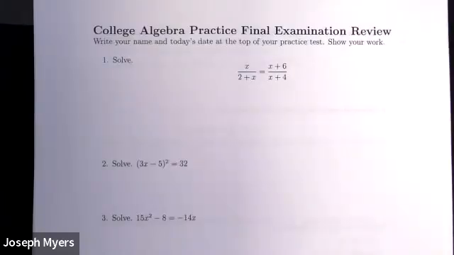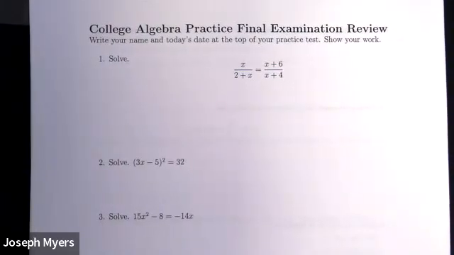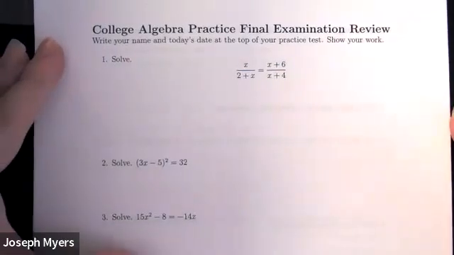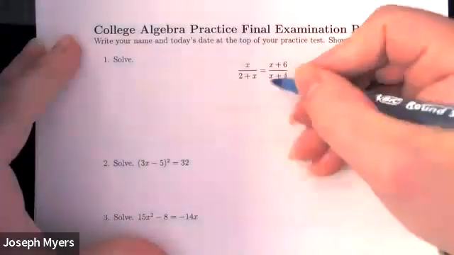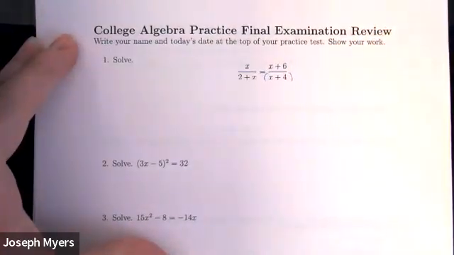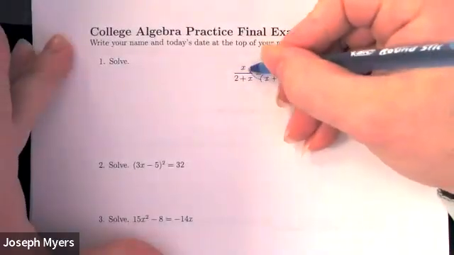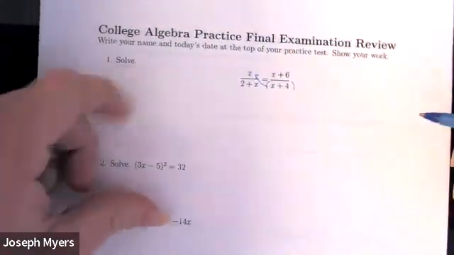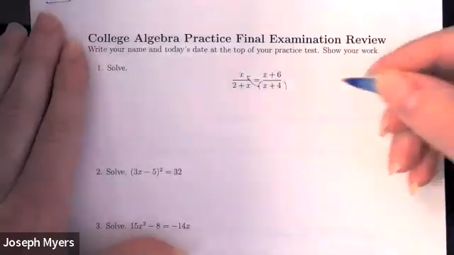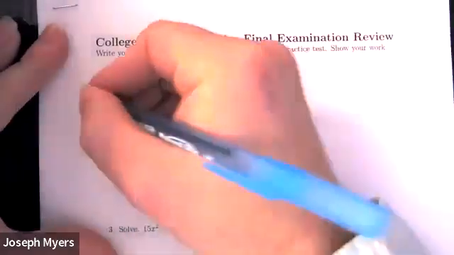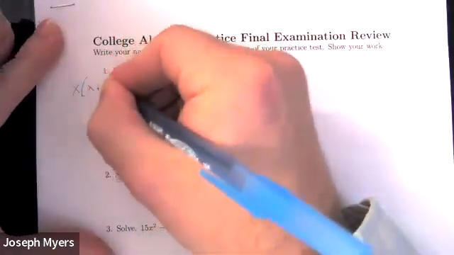This is going to be like your first page of the final. So the first question probably is going to be something with two fractions. And the best, quickest way I know of to do it is to cross multiply. So do the bottom of the right times the top of the left. So if you do that, you'll get x times x plus 4